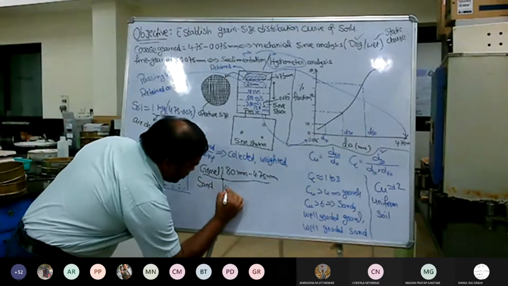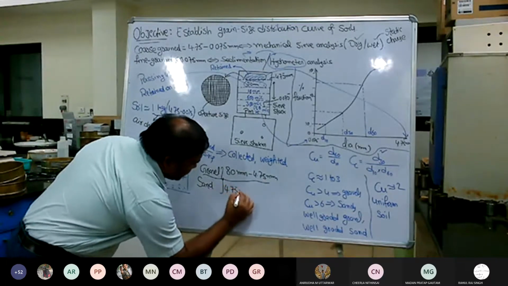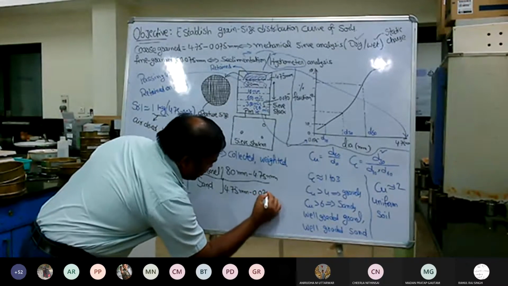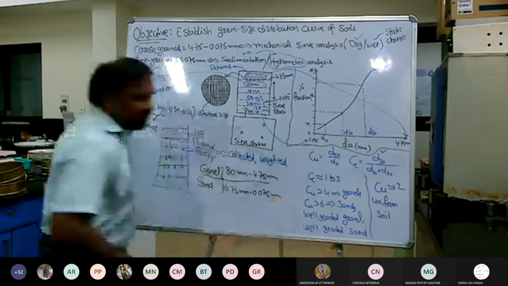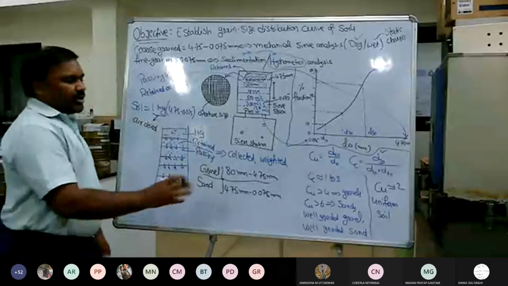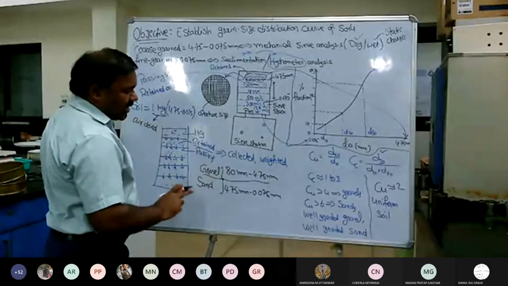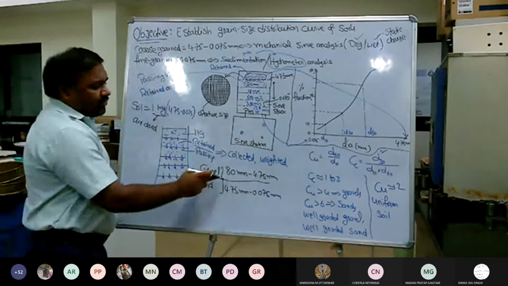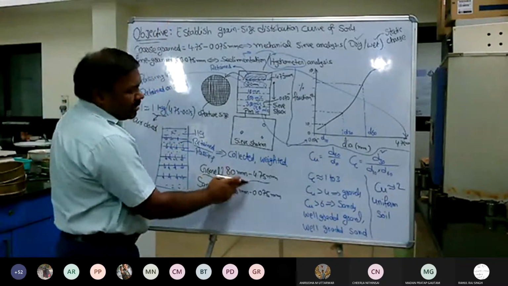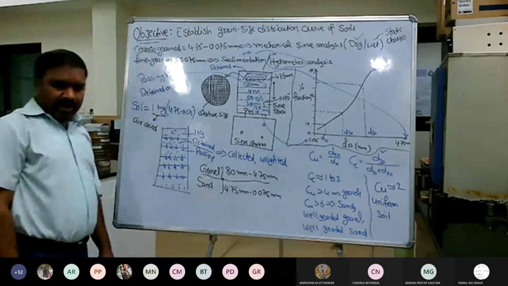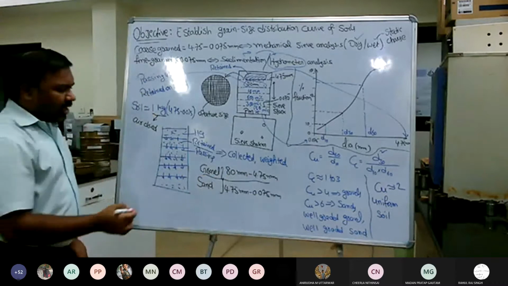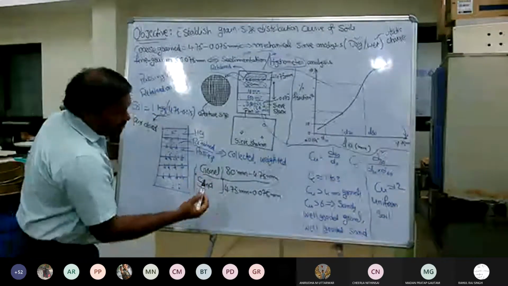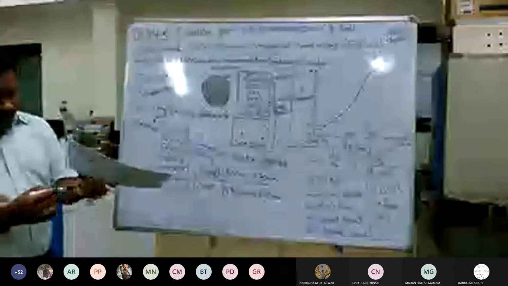And for sand, it varies from 4.75 to 0.075 mm. So it is up to you. If you are doing a single analysis, then you have to take a bigger stack of sieves, starting from as high as 80 mm to as low as 75 microns. Then in that case, you can clearly write how much is the percentage of the gravel and how much is the percentage of the sand.